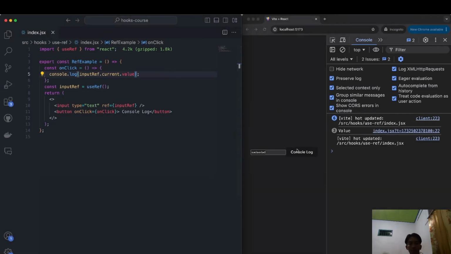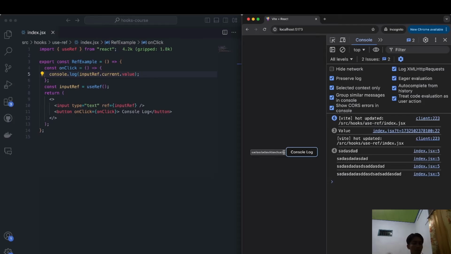ref.current.value. And you'll see that when I click console log now, it should actually put the information of this input. So it allows you to grab specific things from the DOM. Now, another thing that it helps you do, that people love to point out, is focusing, right? You can call functions that are primitive to the HTML element. For example, if I want to focus on this input, whenever I click on this button, I can just say